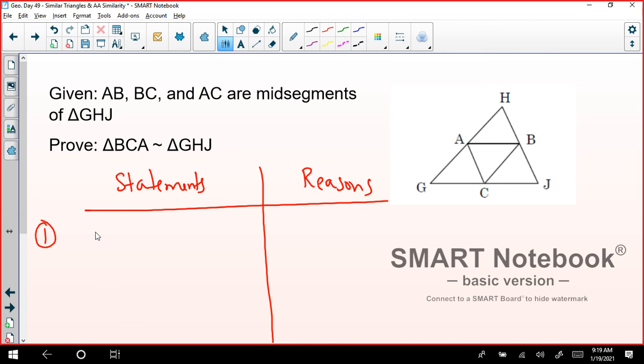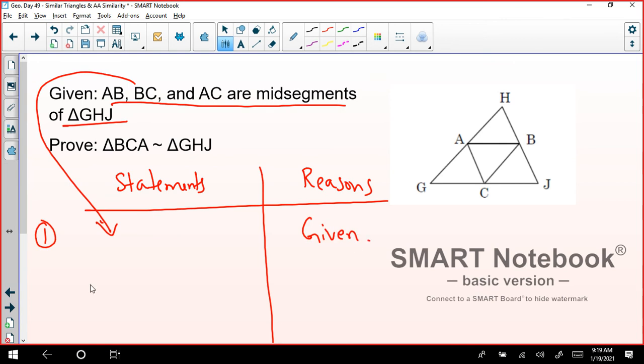First one, I'm just not writing this, I'm just underlining and telling that that's going over here. That's my first step, which is given. Then the next step,